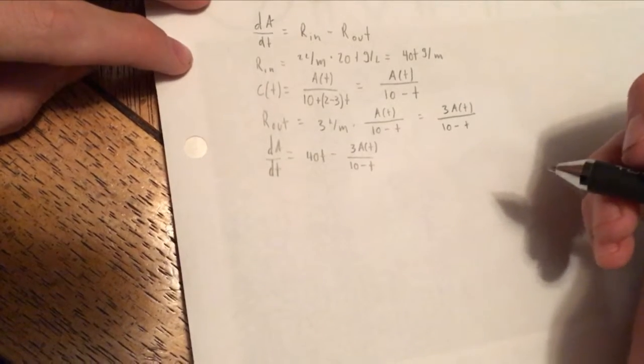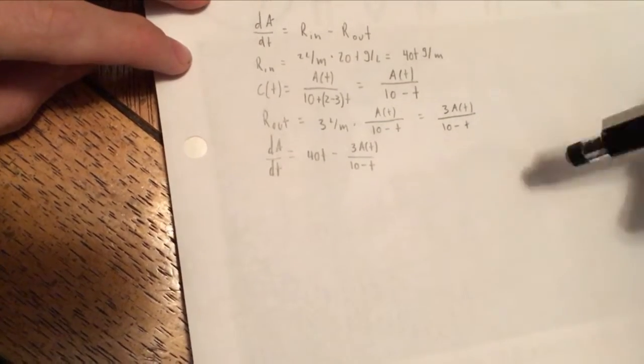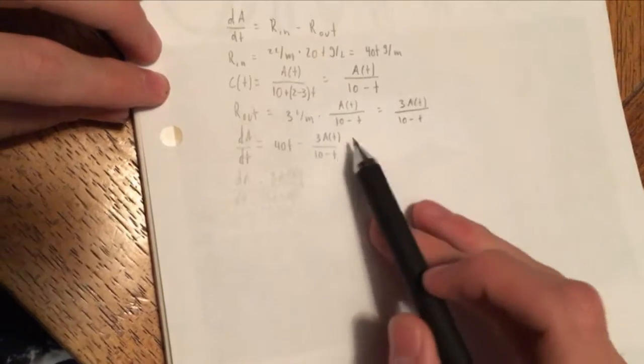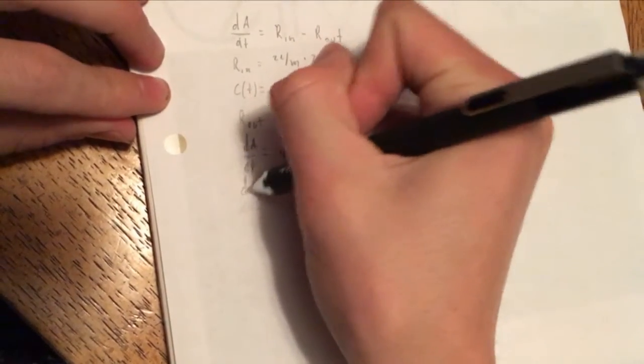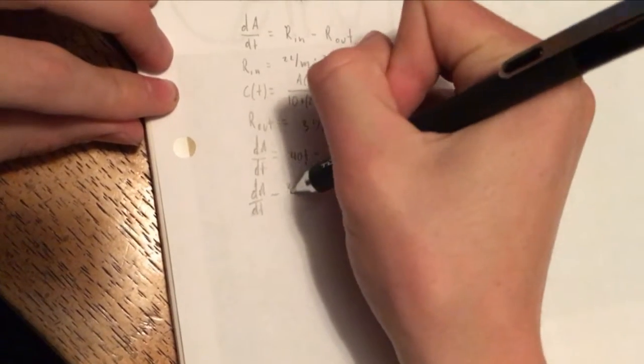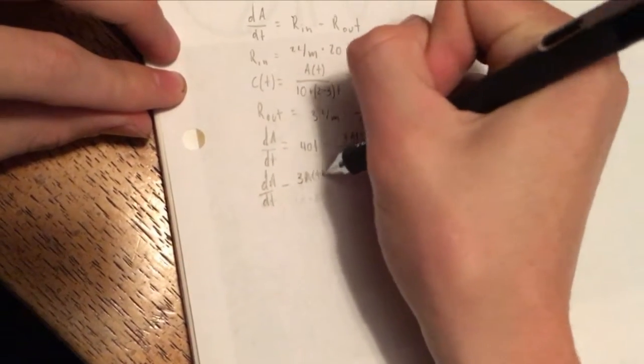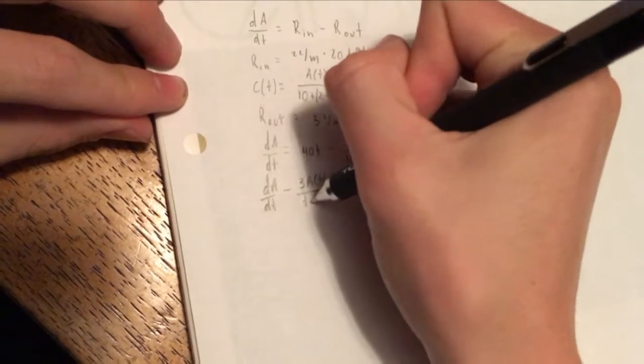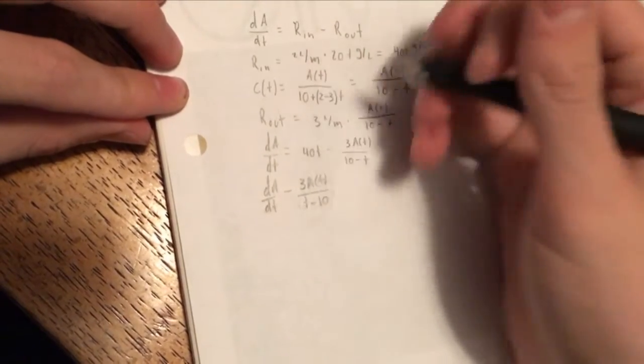And then we can start to solve this with an integrating factor. Okay, now adding this term to both sides, we get dA/dt minus 3 A of t over t minus 10. So putting this in a different form